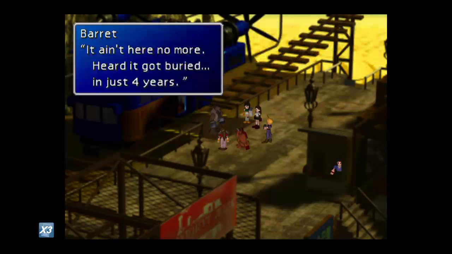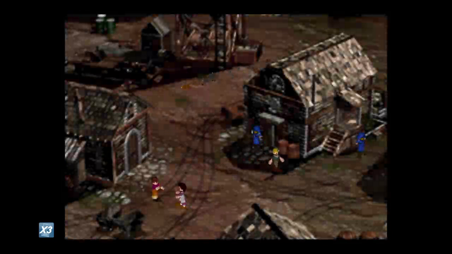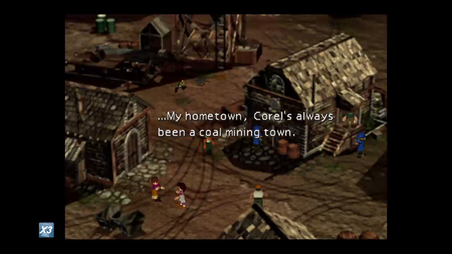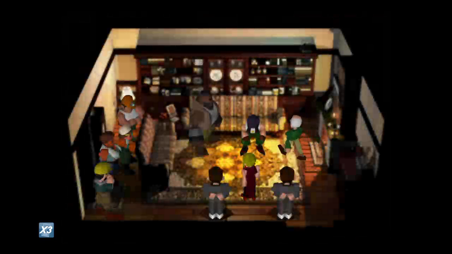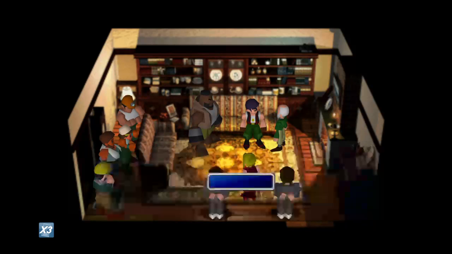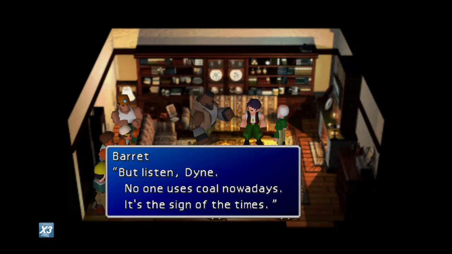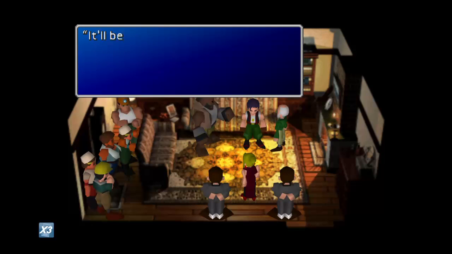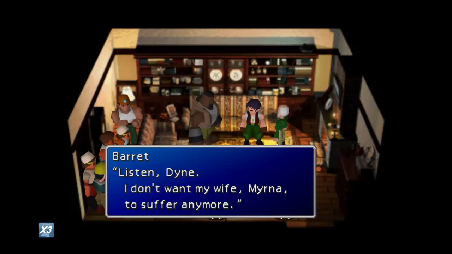So Barrett doesn't really want to talk about it. And it's all his fault, apparently. Oh, here goes a little bit of a backstory to Barrett now. So nobody... What are they doing here? So they want to build a Mako reactor, which is what they've got. Obviously, you've got a Corel reactor, which